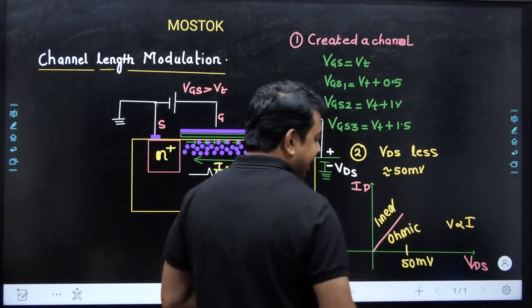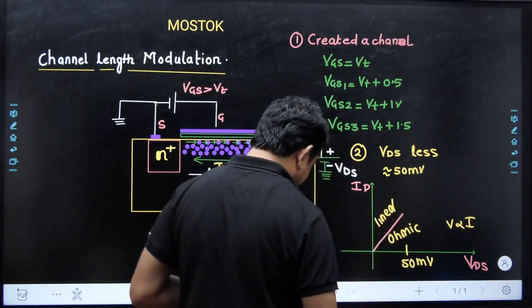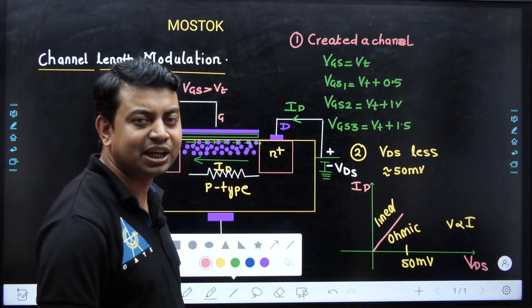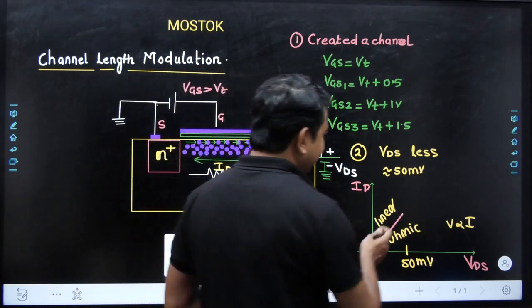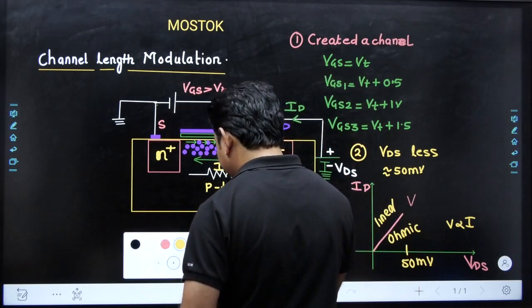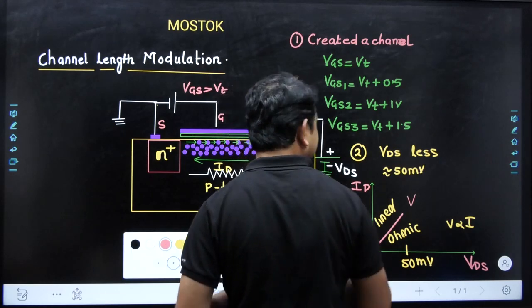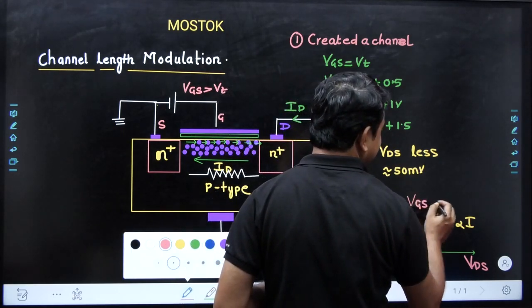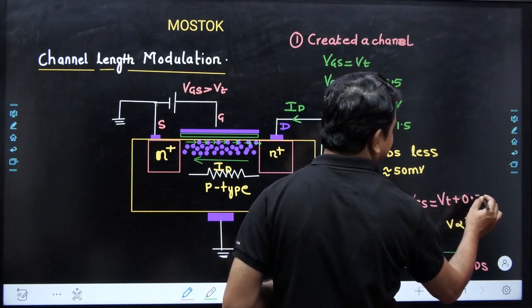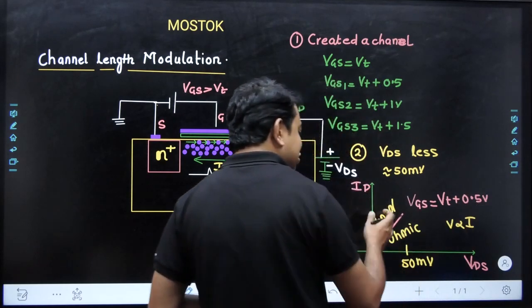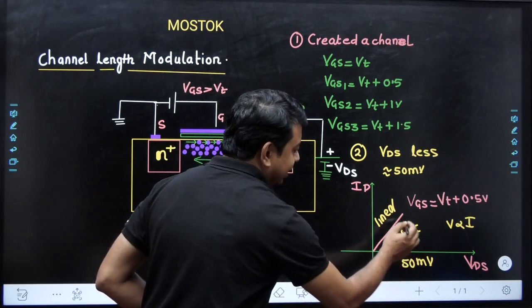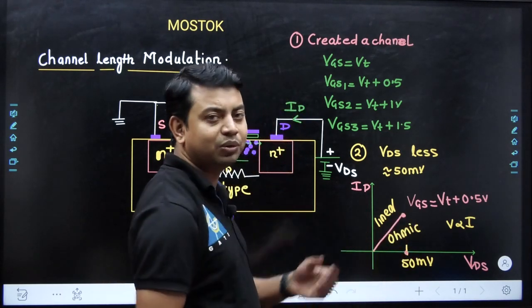The magnitude of current that we are getting here is because of the presence of these electrons, which act as a conductive path. So we can take a constant value of voltage which will create the channel. Which voltage is creating the channel? The voltage VGS is creating the channel. Suppose we have applied a voltage of VT plus 0.5 volt. So it will have this much amount of current at 50 millivolt, and if you take the 50 millivolt and the corresponding current, we may have this particular current.